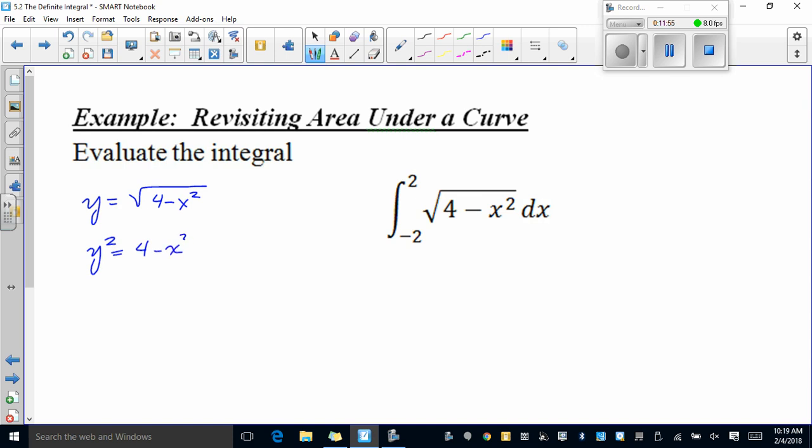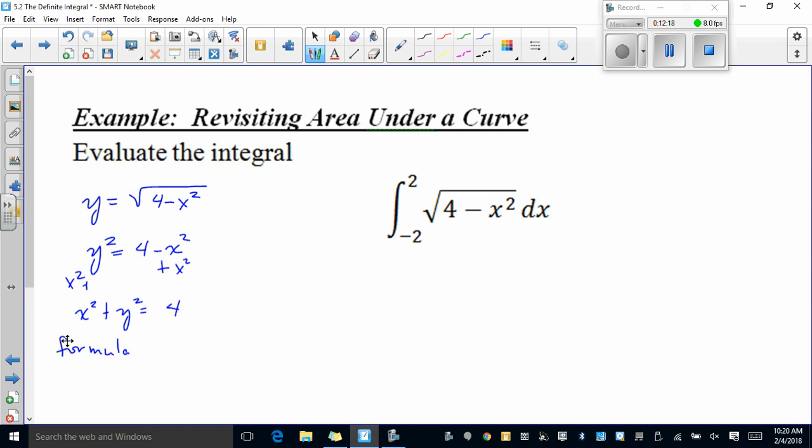And if you remember conics from pre-calc, the formula for a circle